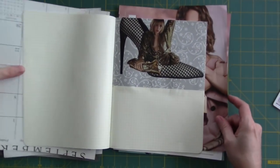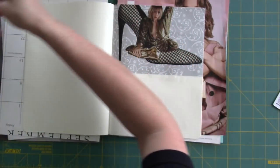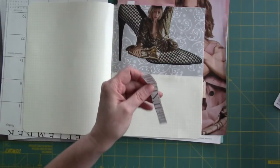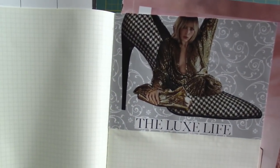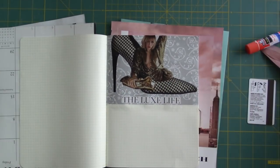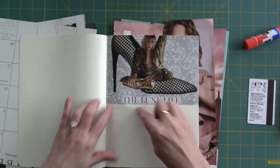There she is, and I got her caption that I did not cut out well. And it's done. Cool, huh? Now if I want to, and I do, I can go ahead and put some kind of little